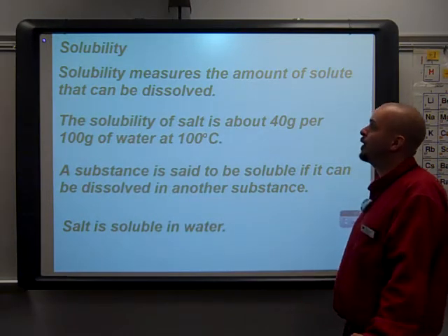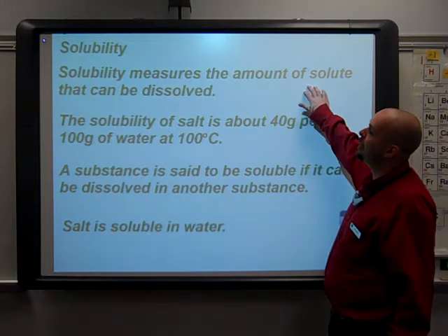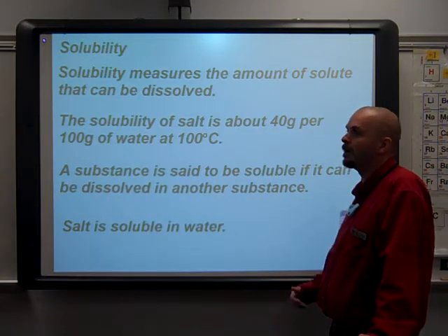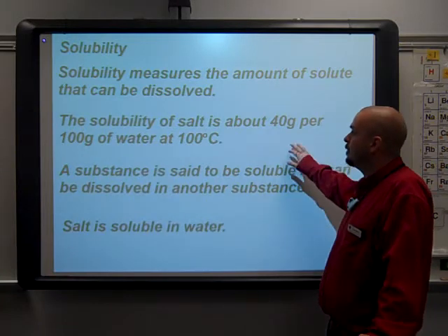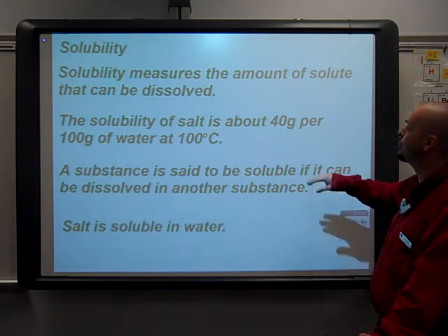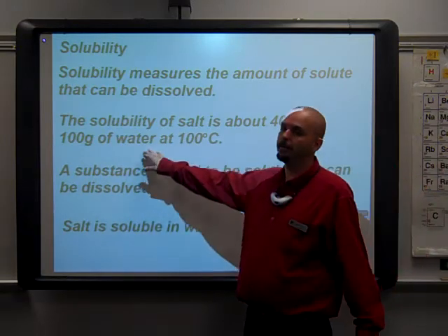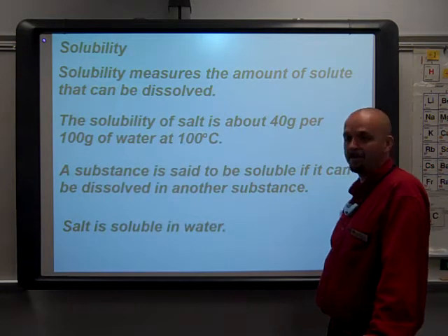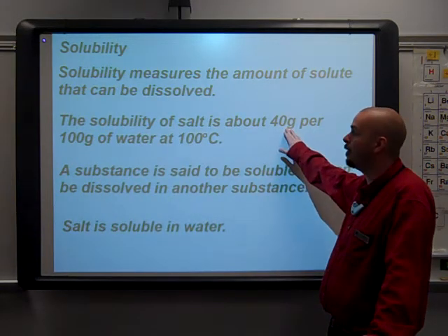It can be interpreted 2 ways. Solubility can measure the amount of solute that is dissolved. When we talk about solubility, we could be talking about a limit. For example, the solubility of salt at 100 degrees Celsius is 40 grams of salt per 100 grams of water. It sets the limit. It tells us that we can't put any more than 40 grams of salt in 100